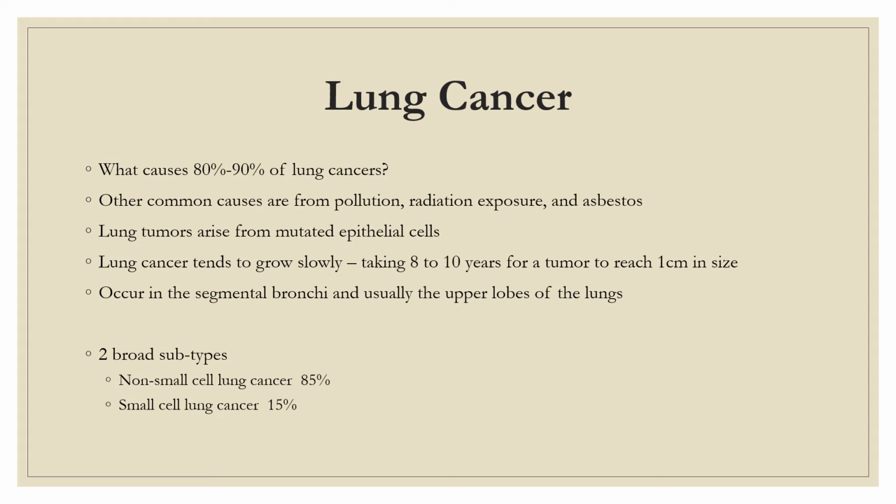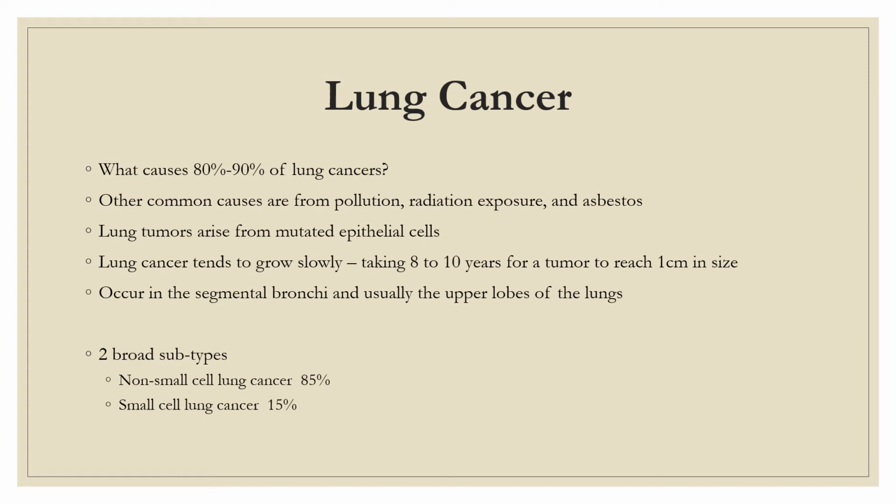Tobacco smoke contains over 7,000 chemicals, and at least 250 of them are most harmful to our patients. These attack normal cell development. Remember we talked about cell proliferation, and that's where mutation from carcinogens happens. This is where that will happen when new cells form. So it attacks normal cell development and it ends up in mutation. Other common causes are pollution, radiation exposure, and asbestos.